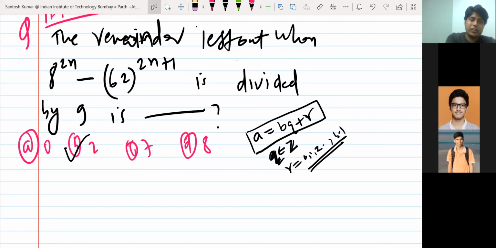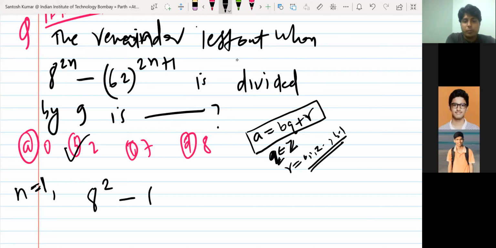Otherwise, you can do one thing. Is the question correct? Yes, that's fine. In general, the solution can also be written like we did: 8 raised to power 2 is 64, so you can write 64 raised to power n. So put n equal to 1. Why wait, and not do it in general? Because for any natural number, it will give you the same remainder. So just check for 1.